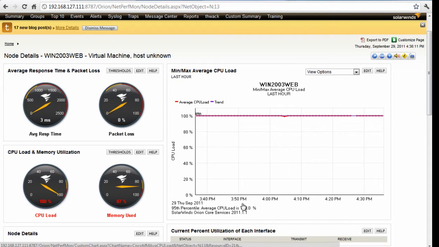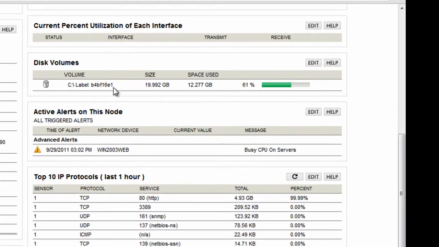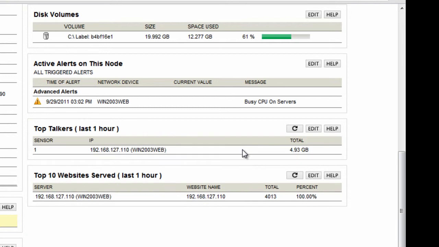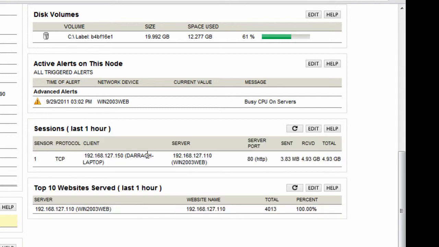And we can also see that here in the gauges. So further down here, I'm going to take a look at the traffic from the particular server. We've had 4.93 gigabytes of traffic. It's mostly web traffic to the server. And I can drill down in here and find out that actually it's a single laptop on my network that's connecting to